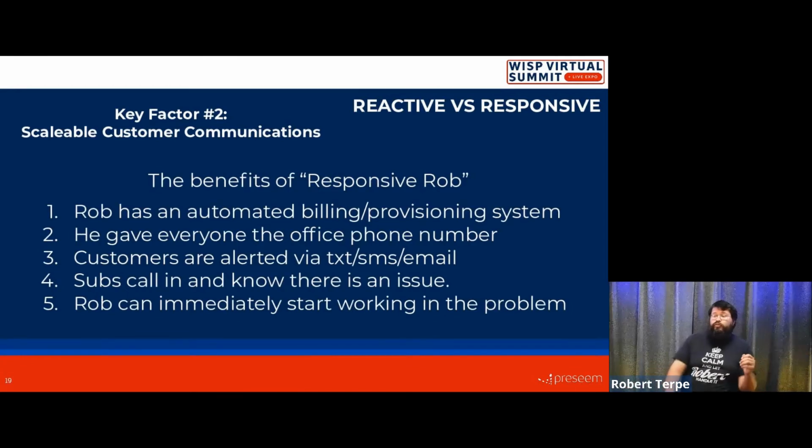And so the benefit of being responsive is, in this scenario, we have an automated billing and provisioning system set up that can be set up to export call contact details to a mass text service, or we can have a mass